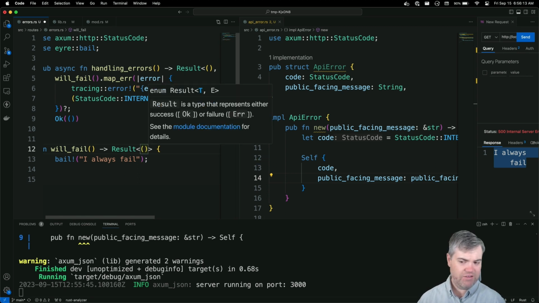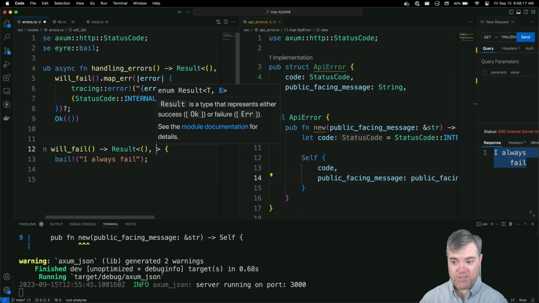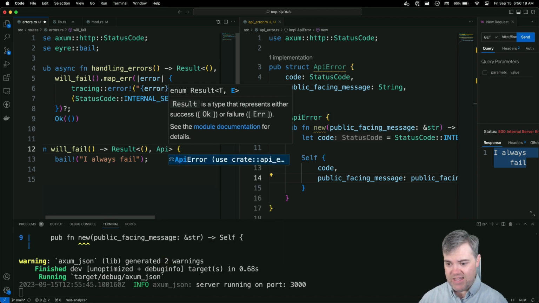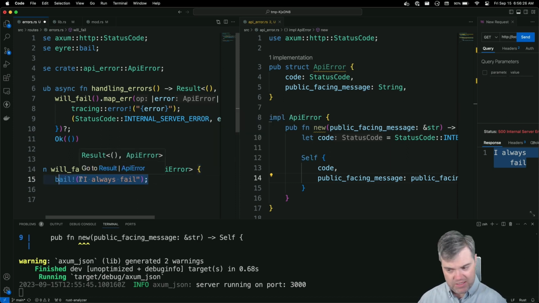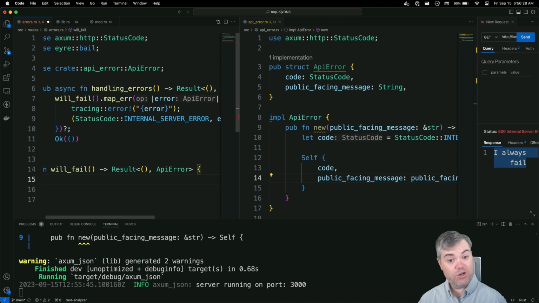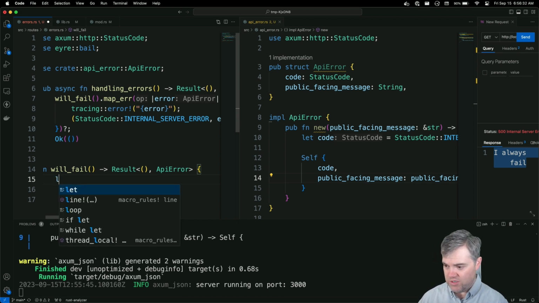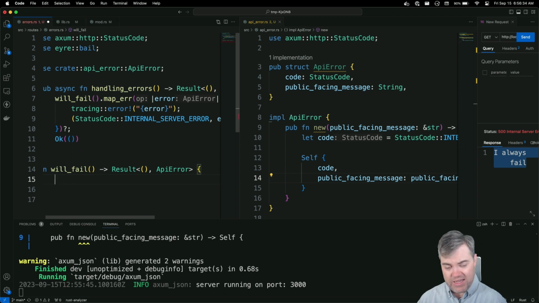If you're okay, we'll do nothing right now, but that would be our okay value if it could do something. And then we're going to say you are going to be an API error that you return. So we can't do a bail. So we need to create the brand new API error for this. So we're going to do let our, I shouldn't need to do any kind of error for this. I could just create it.